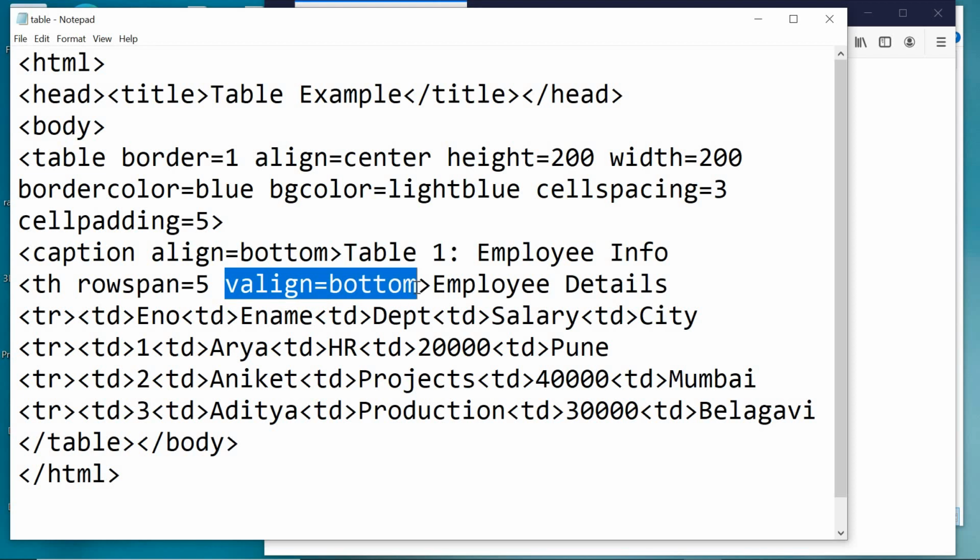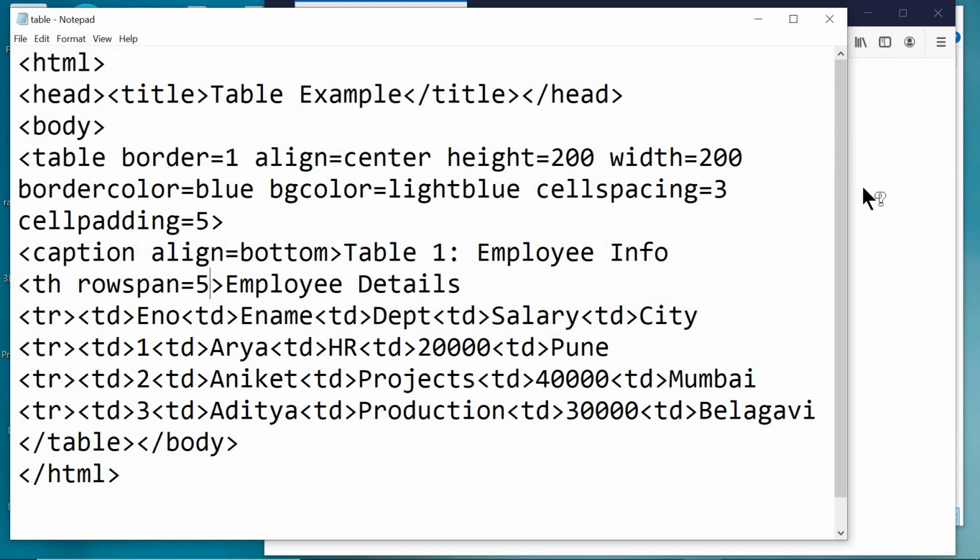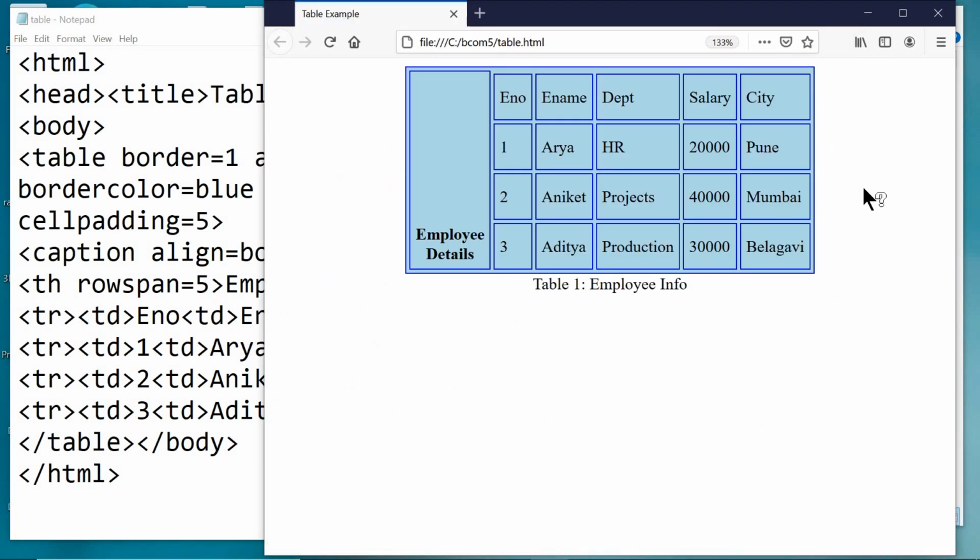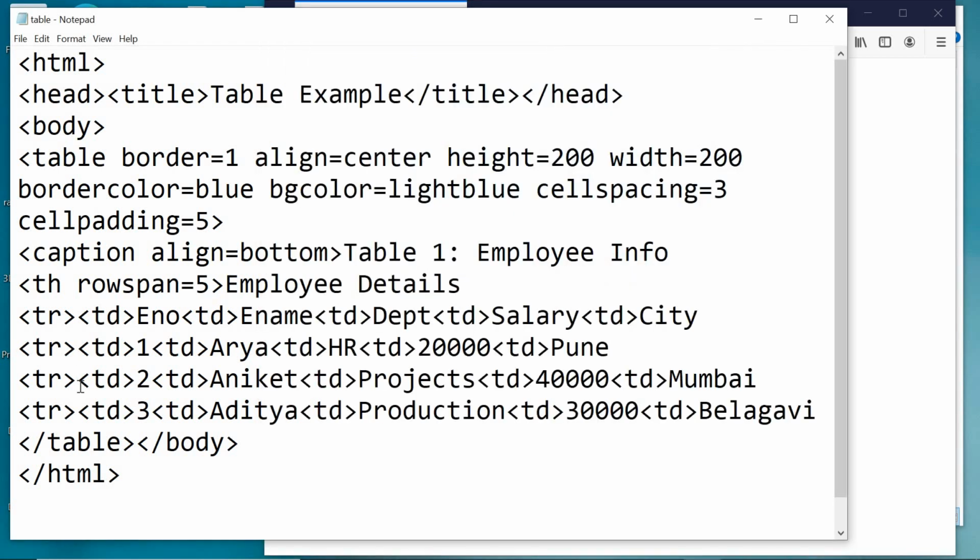Remove this one, save, go back to the browser, reload. Right now it is at the middle. I request the students to write down this particular coding in your notebook. Later I'll be telling you regarding about nesting of table.